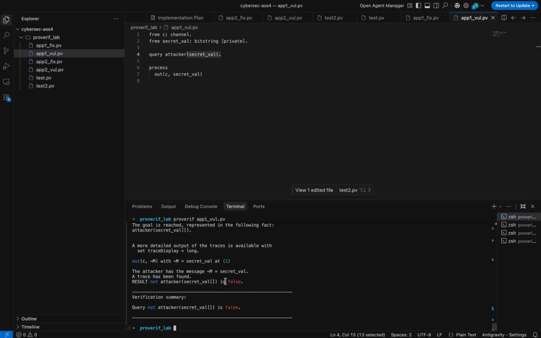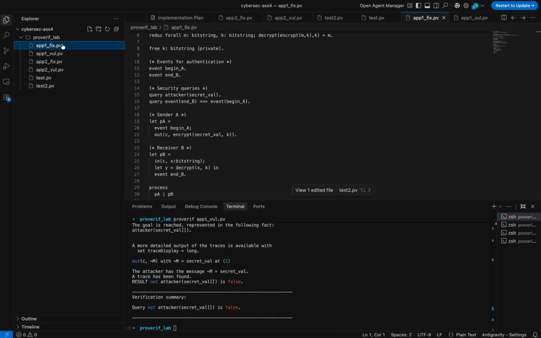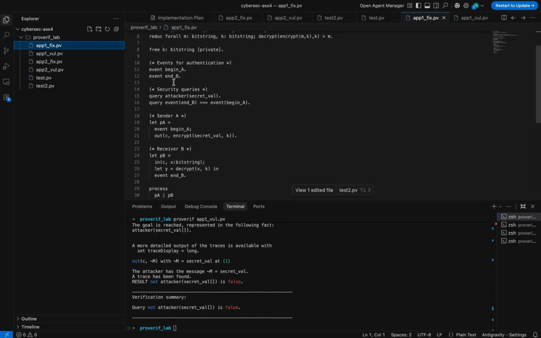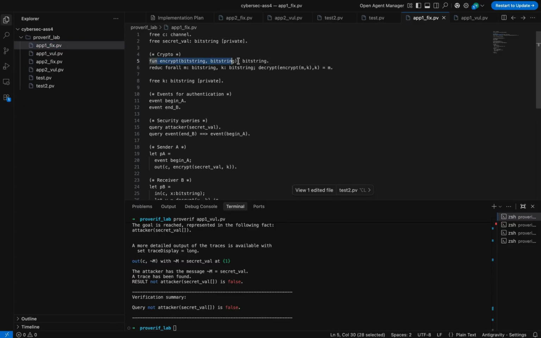After running that, you can see the result: not attacker secret val is false, which means that the attacker does obtain the secret. In other words, the attacker successfully obtained our secret, proving the application is highly vulnerable. Now, to fix this,